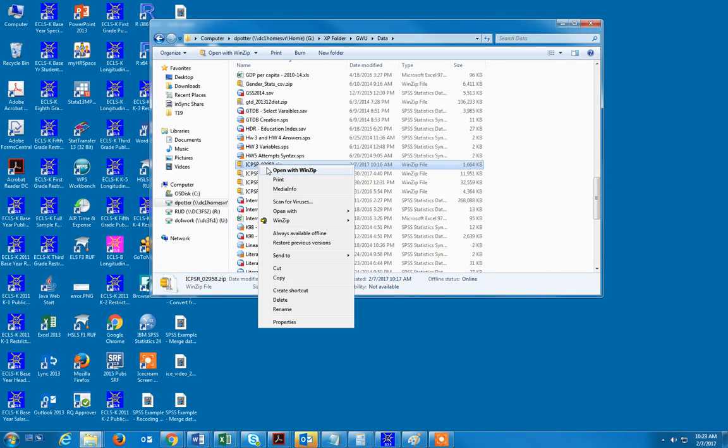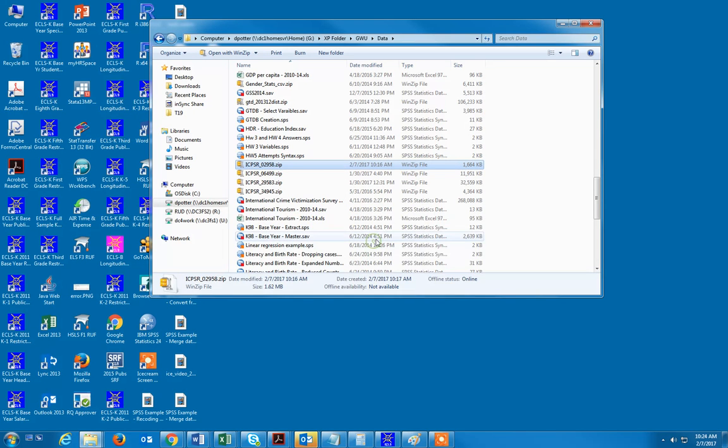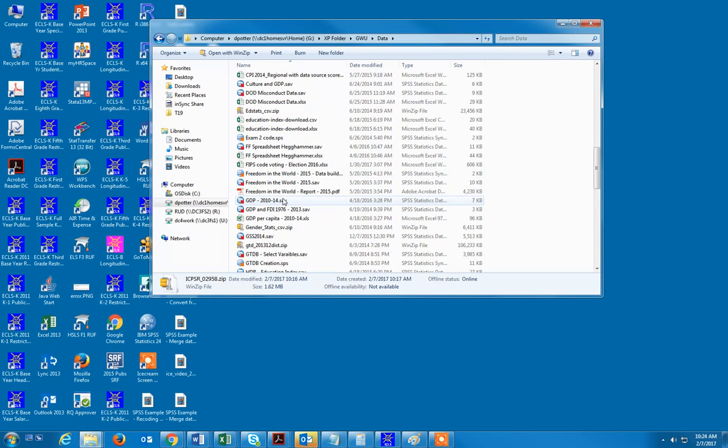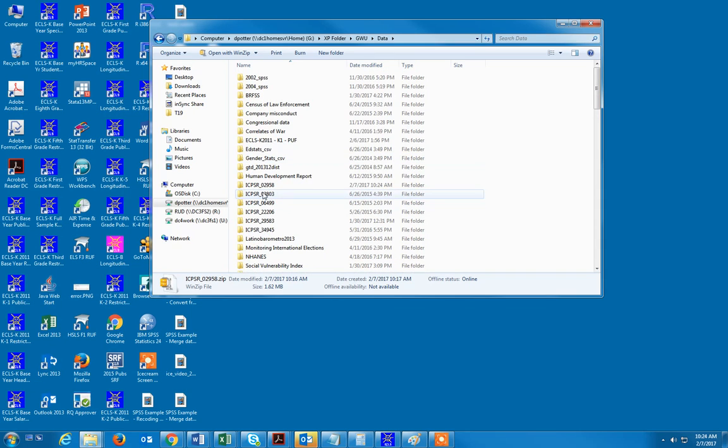Now at this point I need to make sure that I extract, or unzip, the file, because otherwise SPSS is not going to like the zip file setup. So I'm just going to extract into a new folder, and we're going to look for this name again up here in my folder section. And so there it is again, ICPSR